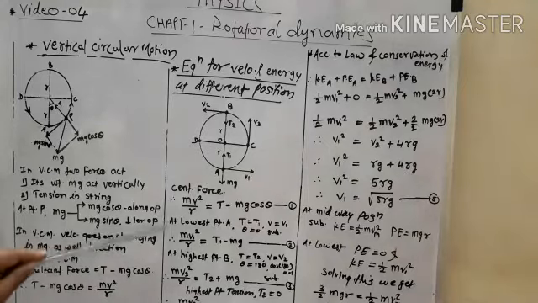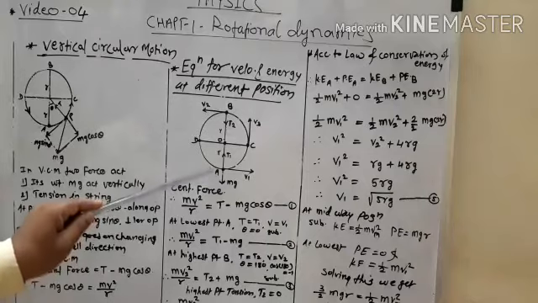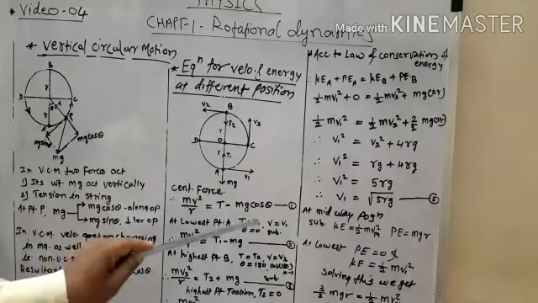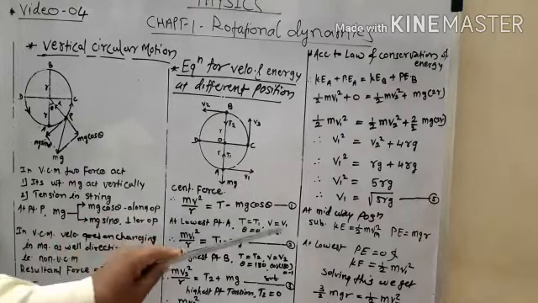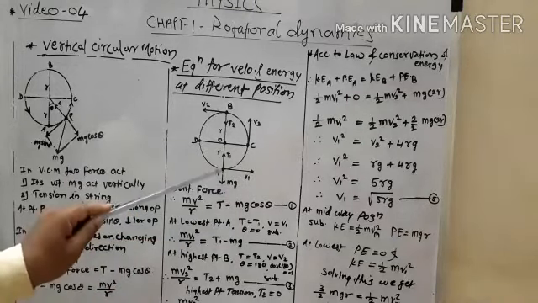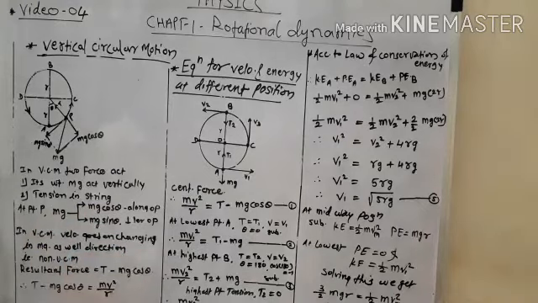Therefore, at the lowest position, what will happen? At the lowest point A, what is the tension? T is equal to T1. At the lowest point, what is the velocity? V is equal to V1. But what is the angle? Theta is the angle of inclination here, and because this is the rest point, the lowest point, theta is equal to 0.